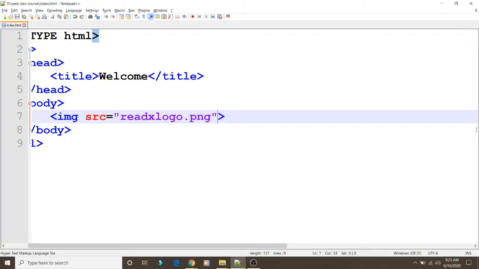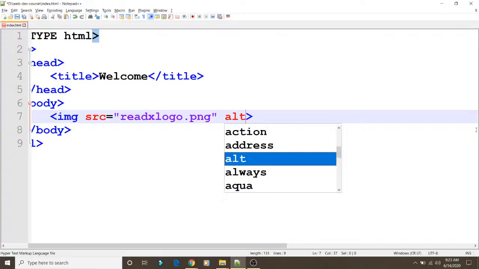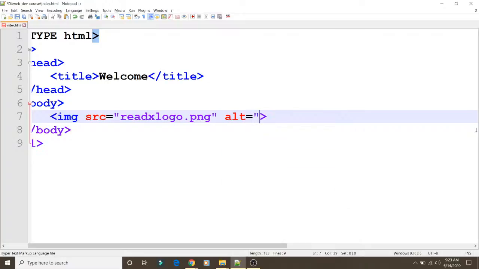attributes that will be there within the image tag. The first one is alt. Basically, what is the purpose of using this alt?